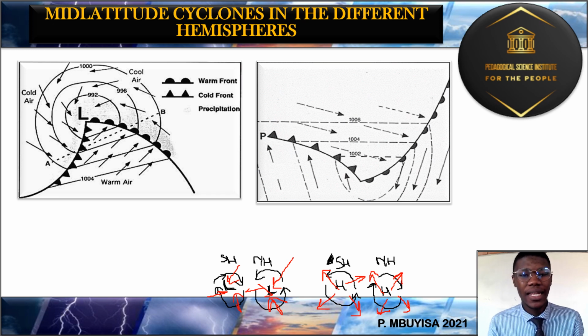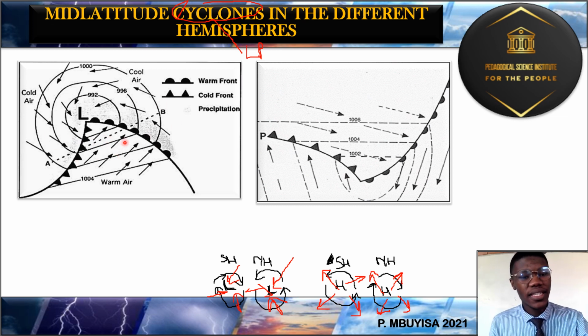Remember, we said mid-latitude cyclones are cyclonic systems, which means that they are low pressure systems. And since they are low pressure systems, it means that our air will be entering the system. If you observe the arrows in this diagram, let me get a laser. In this diagram, you see that the arrows are entering the system. But look at how they are circulating. For this diagram, these arrows are going in an anti-clockwise